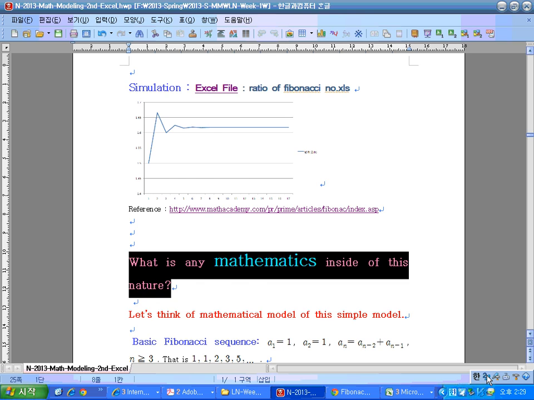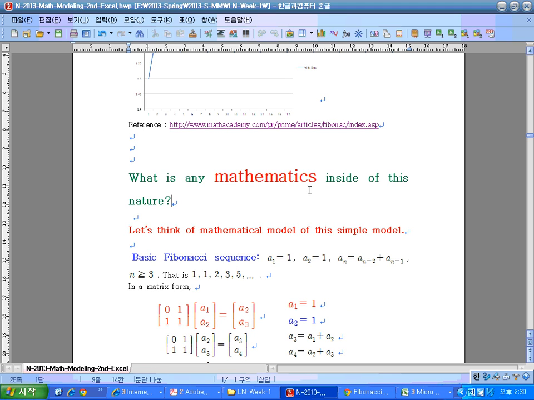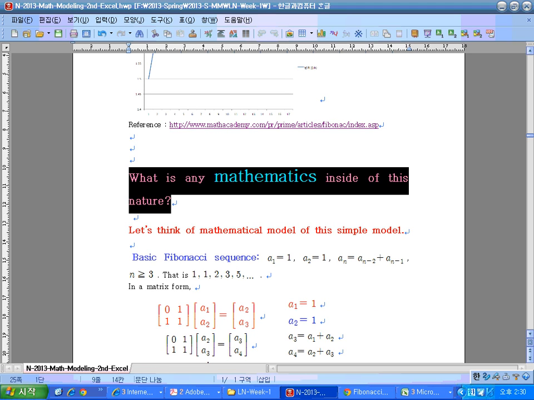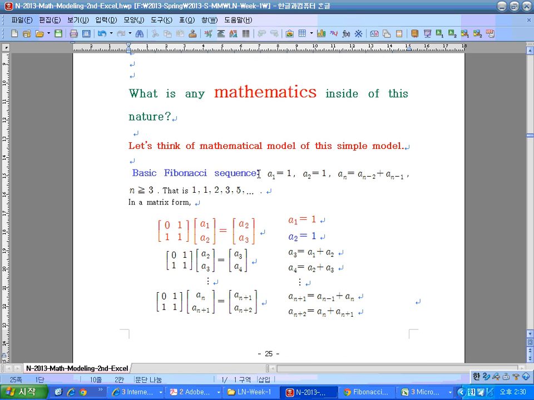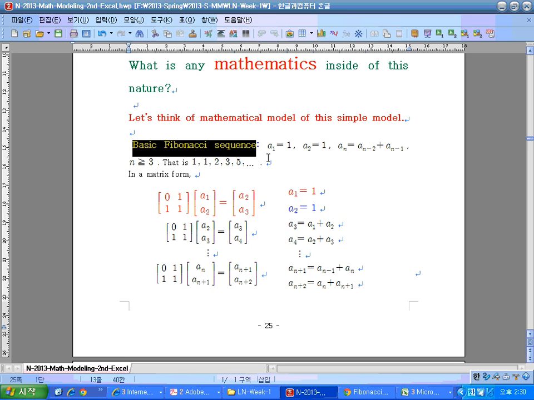Who has the answer? Okay, so in order to find the mathematics inside of this model, let's think of a mathematical model of this sequence. First, the basic Fibonacci sequence can be written in a linear algebra form, in a system of linear equations,